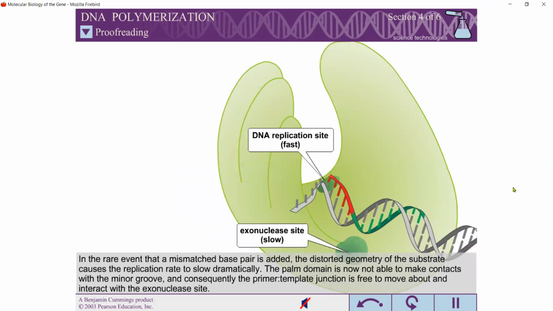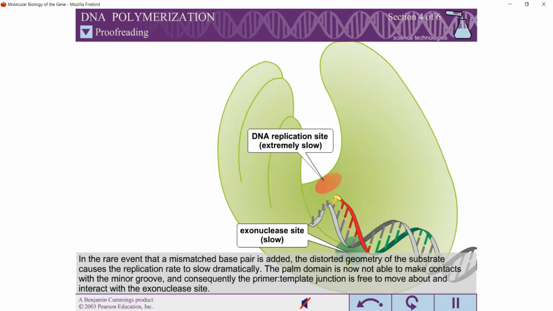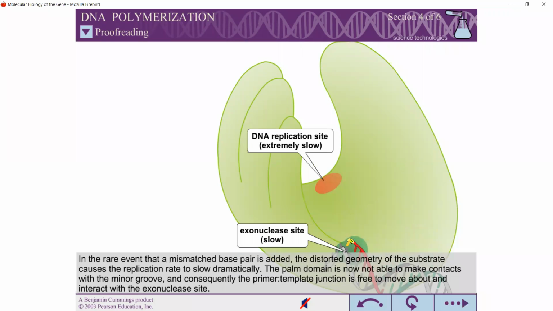If, in a rare event, there is a nucleotide mismatch, the rate of DNA replication slows. And now, as you can see, there is another site in the polymerase, which is the exonuclease site. The moment the rate of DNA replication is very slow because of the addition of a mismatched base pair, which has distorted the geometry of the substrate,